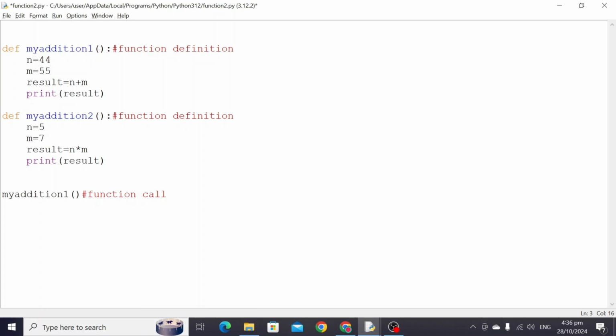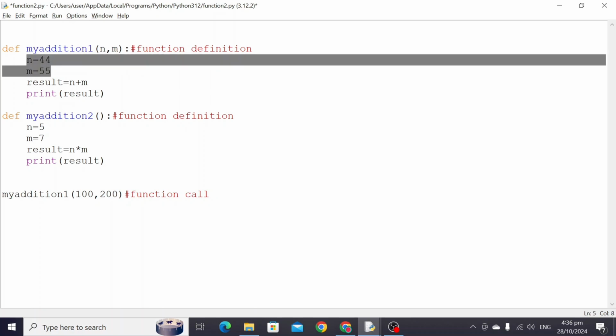So function with argument means we are going to pass values when we are calling the function. This time here only we are passing the value, so this is known as function argument. Whenever we pass a value to the function calling routine, that is known as function with argument. And now here we have to specify these values in the form of variables. So we can write n comma m, meaning two arguments we are passing, so we have to specify two variables